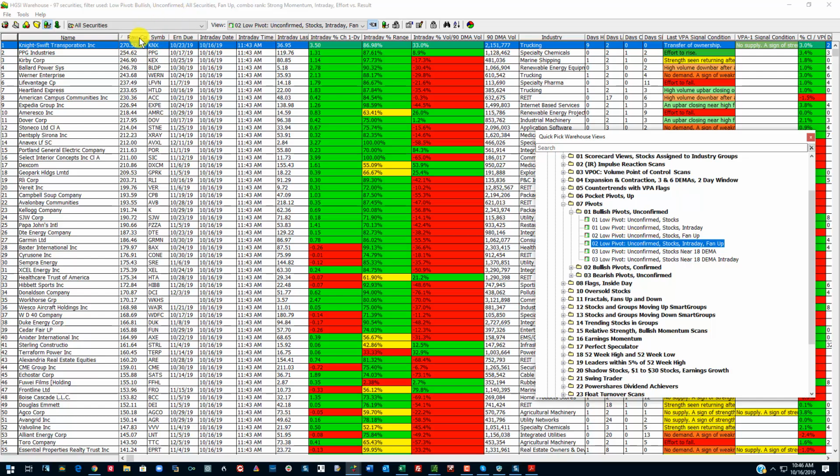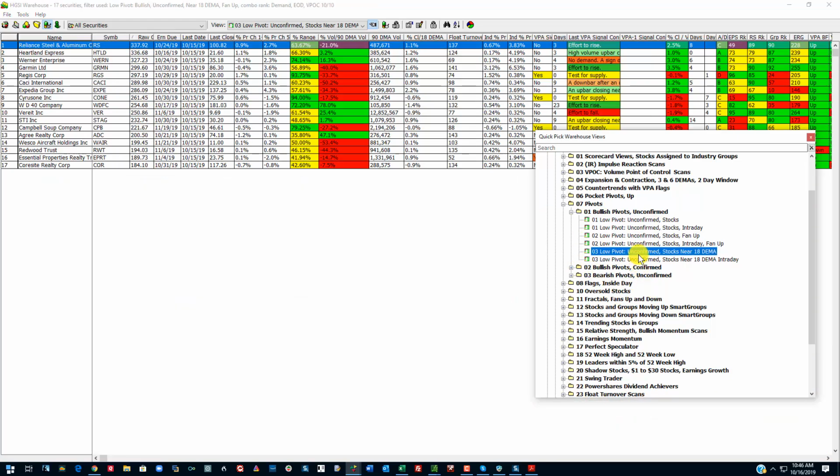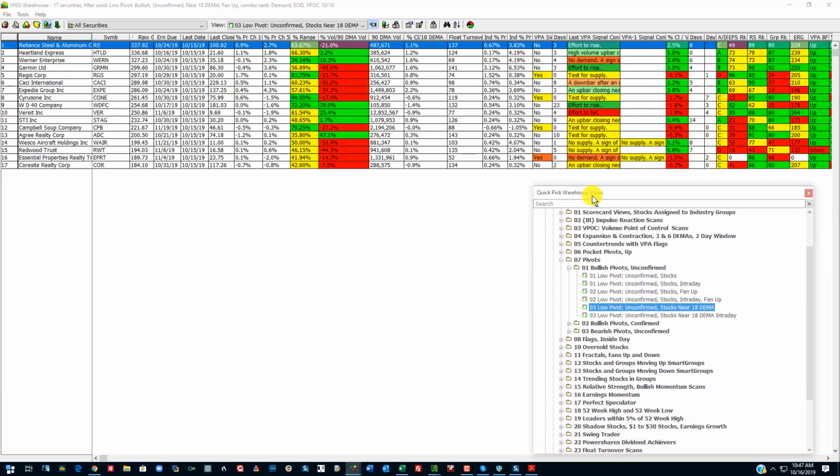Okay, this is the intraday fan up. I'm going to make sure that my correct combo is applied, and these are stocks that are doing well. Now I'm going to move on down. These are low pivots, unconfirmed stocks near the 18-day exponential moving average. I just put this in because Paul Reiche requested something similar to this in conjunction with an effort to rise,